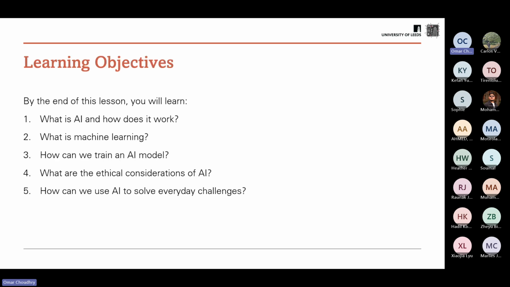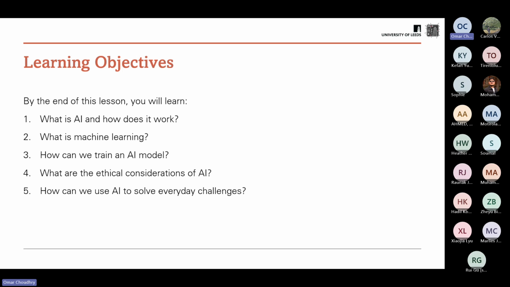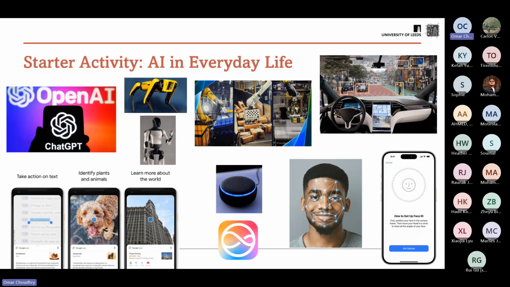So today, the idea is that we'd look at what is AI and how does it work? What is machine learning? How can we train AI models? What kind of ethics do we have to consider when it comes to AI? And how could we use it to solve everyday challenges? So as a starter,